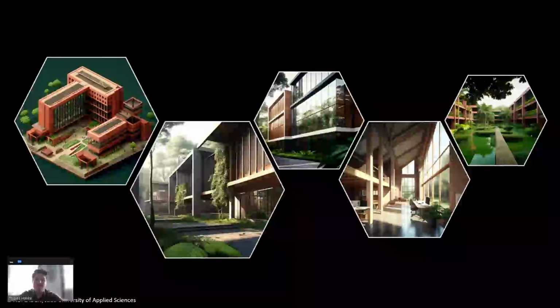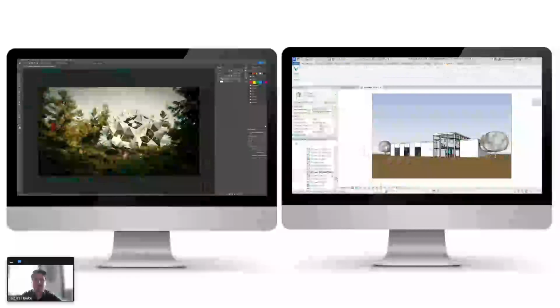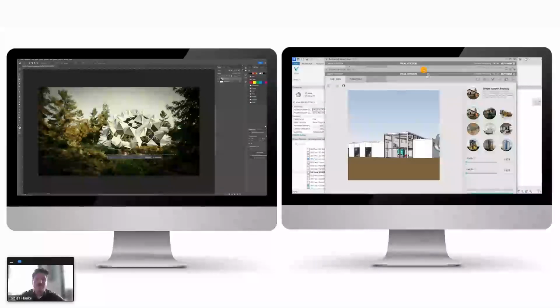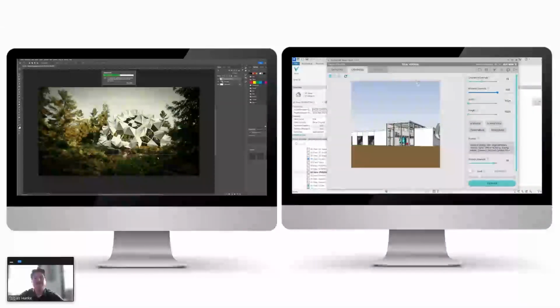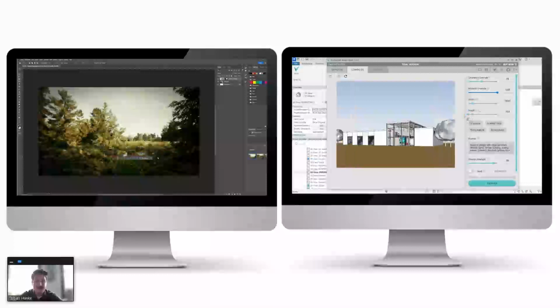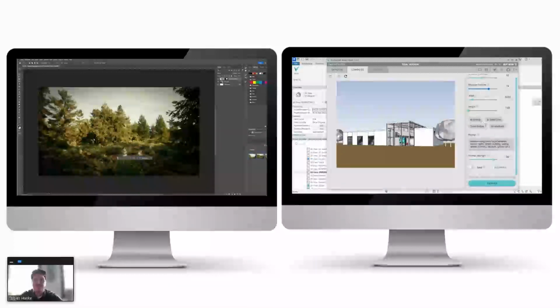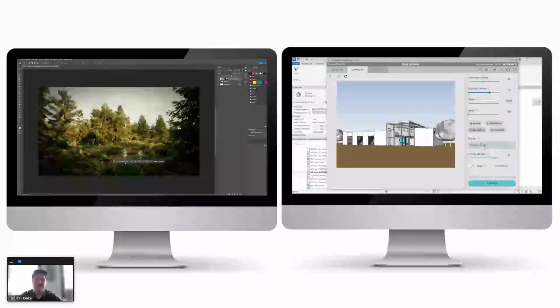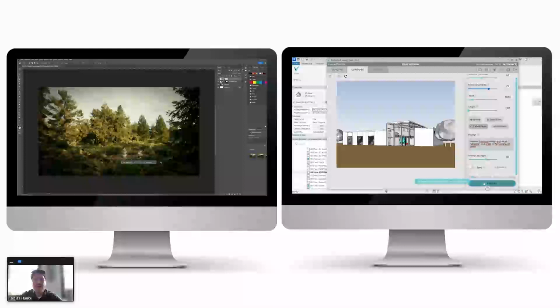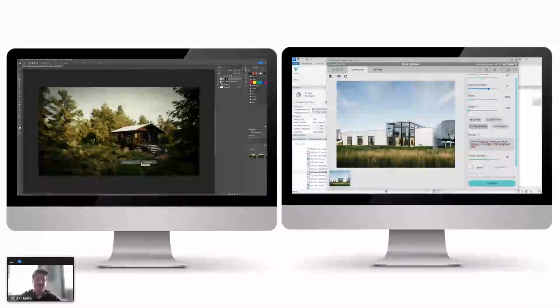In 2023, as part of the research project, students investigated how artificial intelligence, or AI for short, can be used as a tool in the architectural design process. Since our study, the use of AI has become increasingly common in the everyday work of architects, and is now established as a tool in various software solutions. In today's presentation, we use the results to identify where AI can be located and used in the architectural design process.